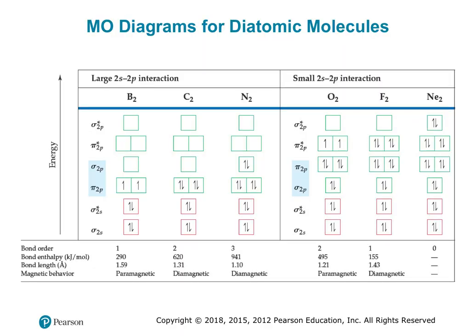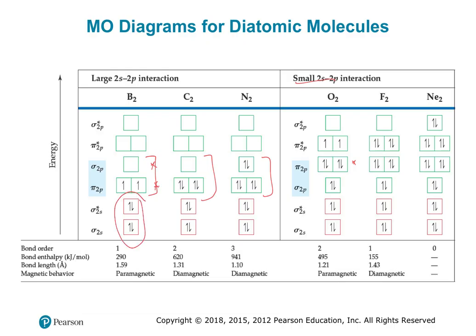So here are those examples. We can see where we have that interaction. We split here. We have boron and carbon and nitrogen all having the pi orbitals before the sigma orbitals, and then later on with small interaction we have the pi interaction above the sigma, which is kind of like what we would normally expect. We can also calculate bond order, so we would do the sigma first, so from here,